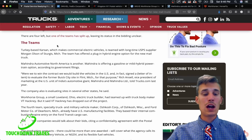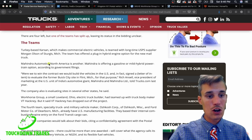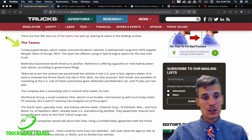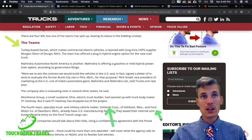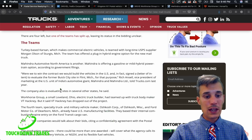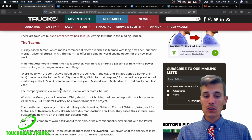Alright, so now I'll tell you why I only think 2 of these companies actually stand a chance. Okay, so Karsan, an electric vehicle manufacturer out of Turkey. Okay, so then we have Oshkosh Corp of Wisconsin teaming up with Ford. Okay, and then we have the Ohio-based Workhorse. So those are the 3 that are left, and the President of the United States, whether you like him or